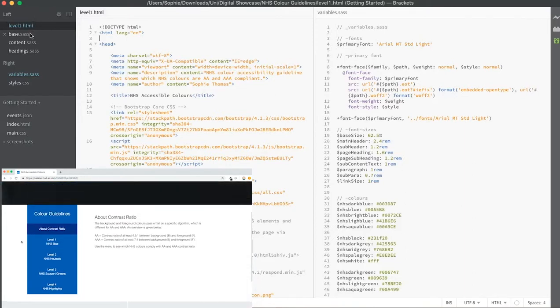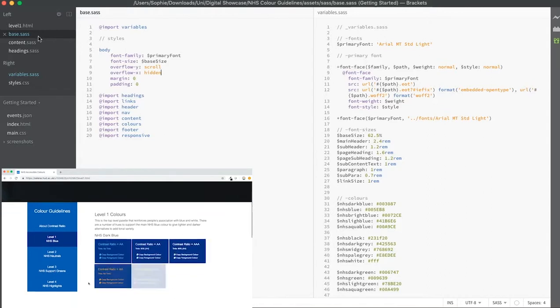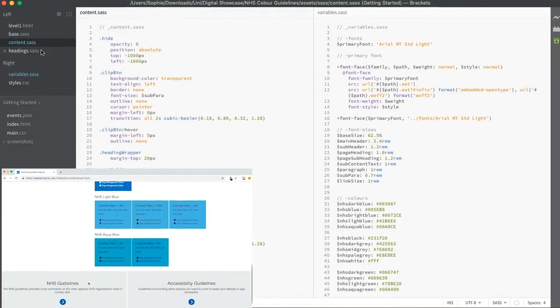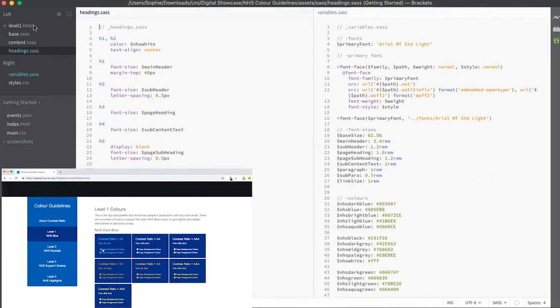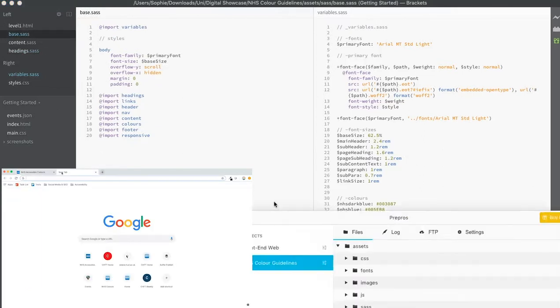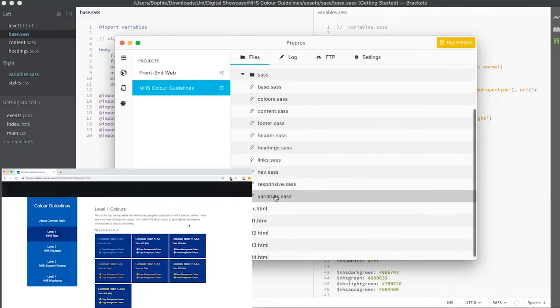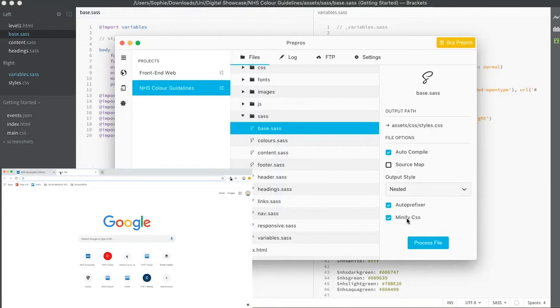Sass is a CSS preprocessor, which is an extension of CSS. For this project, I used Sass to reduce the duplication of CSS code and make updating the CSS much easier and faster. This was achieved by using variables and partial files, which are smaller Sass files imported into the main Sass file. The base Sass file, which was my main Sass file, was compiled into a minified CSS file using a compiler software called Prepros.